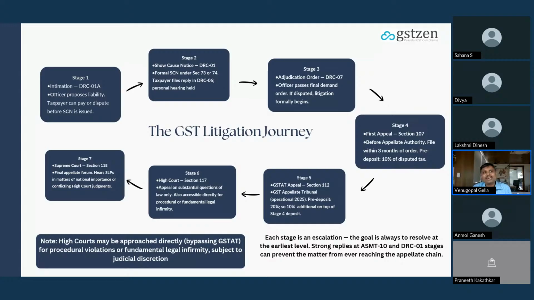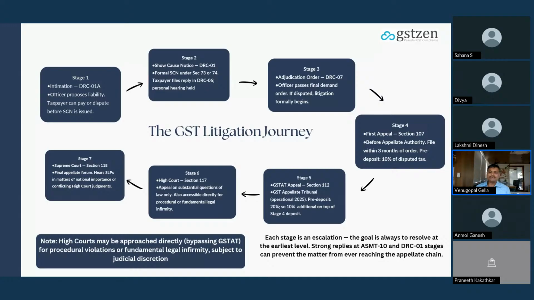So section 112 deals with it, and GSTAT, which got formed in the last year, where the pre-deposit expectation is 20%. 10% you have already paid, so you will be paying 10%. Now, this 10% is in addition to the previous 10%. The question that comes up, should I pay it in cash or can I use electronic credit ledger? This has been disputed, and in many forums the high courts have held that even the tax can be paid through electronic credit ledger. Only interest and penalty is not permitted. Hence, the disputed tax can be paid through input tax credit also.